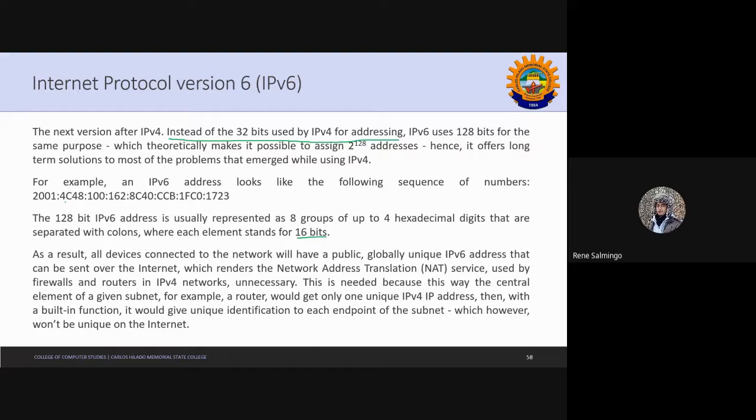Every notation here is implemented by 16 bits, and usually it is represented by 8 groups. And why are there some numbers that are 100 hex? Because in hexadecimal,